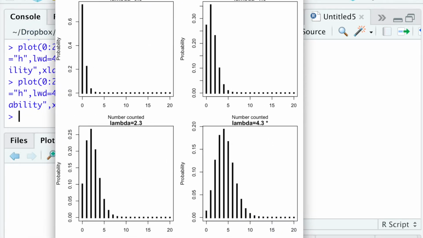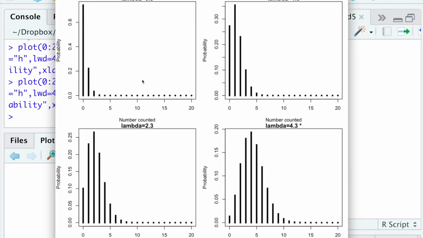Okay, so here is the probability mass function of a Poisson. So this is at a lambda of 0.3. So the rate would be, maybe on average 0.3 birds per hour or whatever it might be. And then as we increase lambda, you'll see that it starts to actually resemble what the binomial function looked like. And if we were to make a very, very large lambda, the Poisson would essentially converge on the same shape as a binomial.